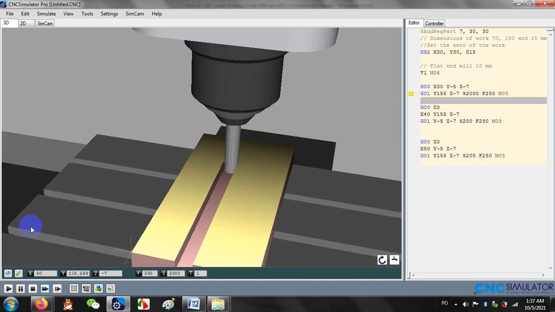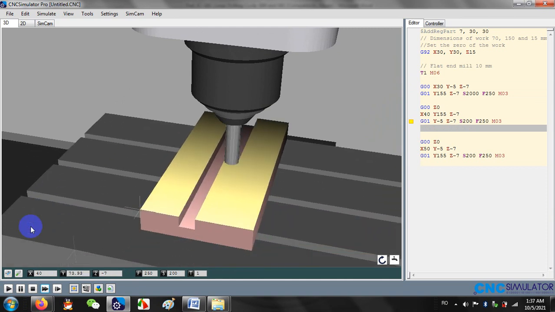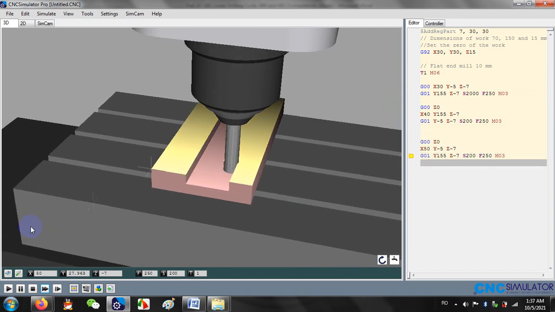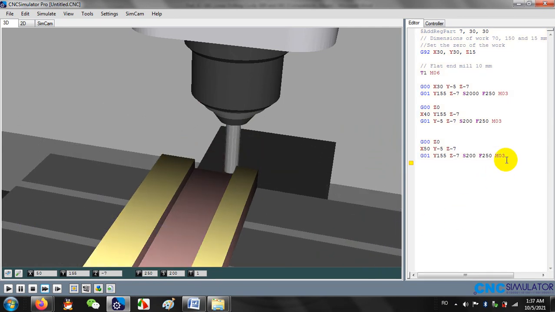So we go on fast forward to see the simulation faster. And we continue to mill until that part is done and it has no material left. So we will copy this again, and you guess it, we need to change again the dimension. So we need to go to 60 now, and we will write the 60, and here we go to Y minus 7, of course,